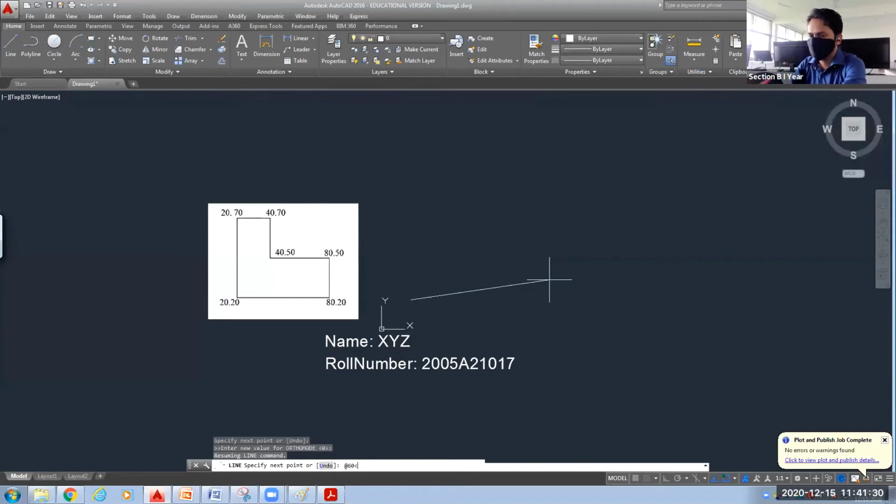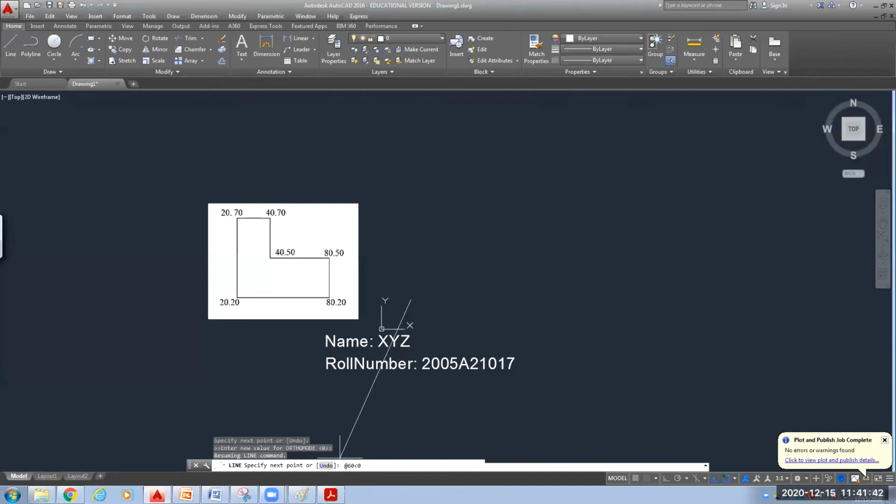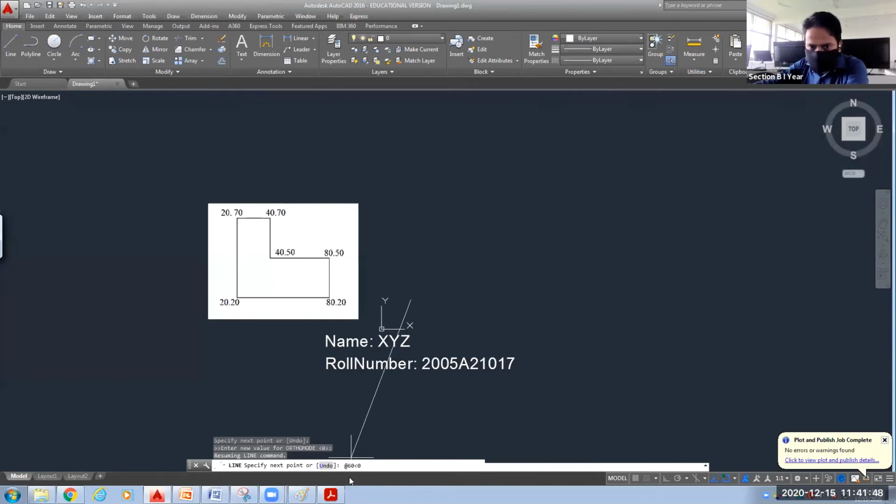What is the angle? 0 degrees. So you can see here, it is a little bit smaller on the screen, but you can see in the command line, I have written at the rate 60 less than angle 0. Okay, 60 is the length of line and 0 is your angle.